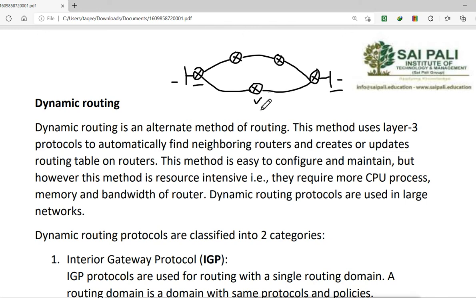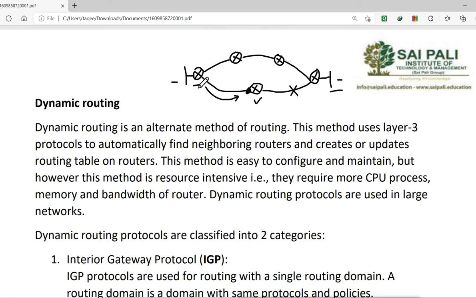This will be my preferred path. So in static routing, I will configure the network by mentioning this path, and I will mention that this is my first hop address. So my data will always go from here. Now if suppose I lose this network here and this path is not available now, then what happens? The router itself will not decide to use the other path, because the other path is already there, but it will not choose it. It will not choose the other path because we have configured it manually, and that is a problem.